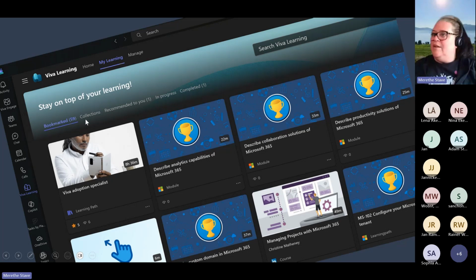Yeah, and then this is also another image of how Viva Learning can look like in your Teams, right? So then you have a bookmarked. I have learning that has been recommended to you. If I now have added an LMS solution, which is the obligatory training, I would have another link on the top here called assigned to. That means it's coming from an LMS solution. But other than that, it is just recommended or bookmarked,